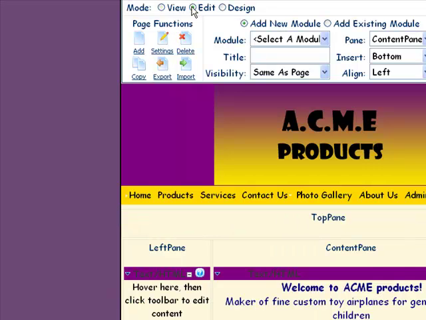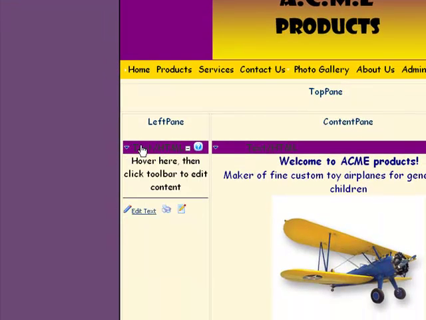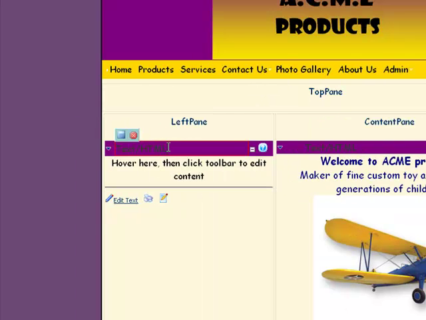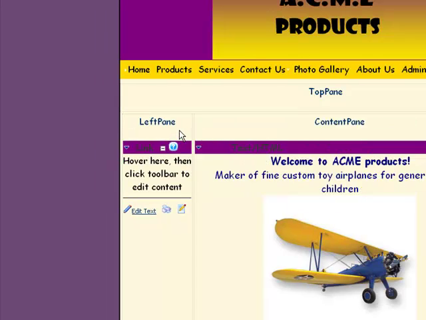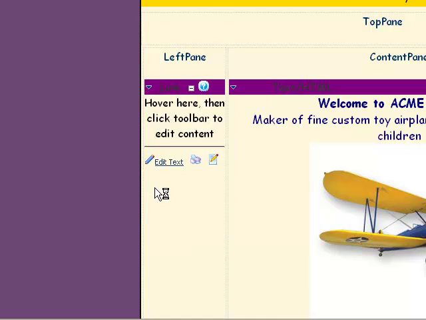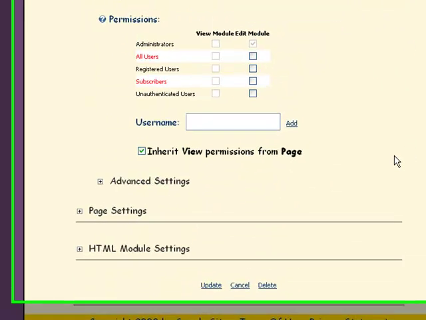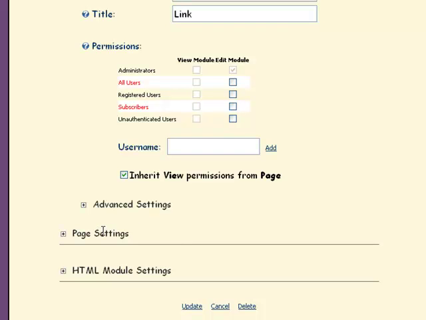So go into Edit mode. With this title, you can deal with this one of 2 ways. Either you want to change the text itself from text HTML, maybe you want to call that link, and then click on Save. Now at least it will say link instead of text HTML. Or you can go into this arrow and you can go into Settings, and you can make that container outside disappear altogether. And that's what we're going to do. That's what we did with the other one. You want to go into your page settings,